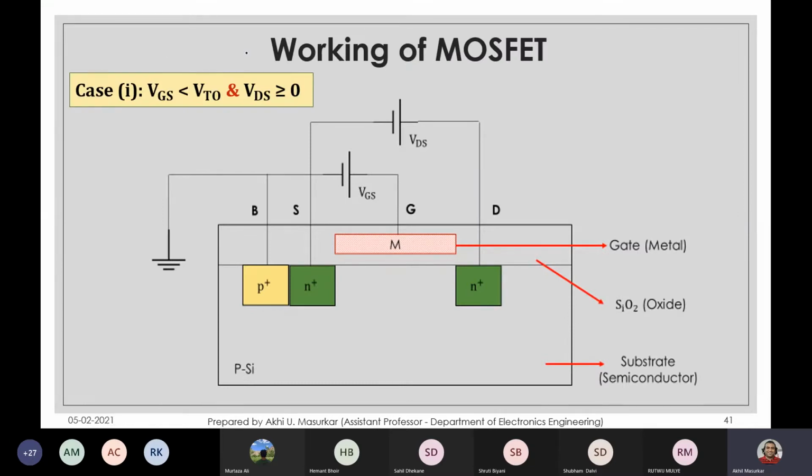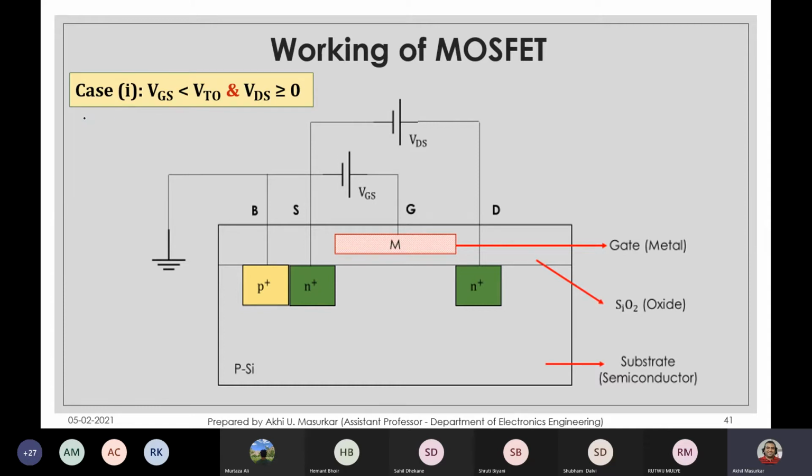So now you all will write case 1. You will all draw case 1. Write like this. VGS is less than threshold voltage. So if the gate voltage is less than threshold voltage, what will we get here? Okay, so now basic questions. If VGS is less than VTO,